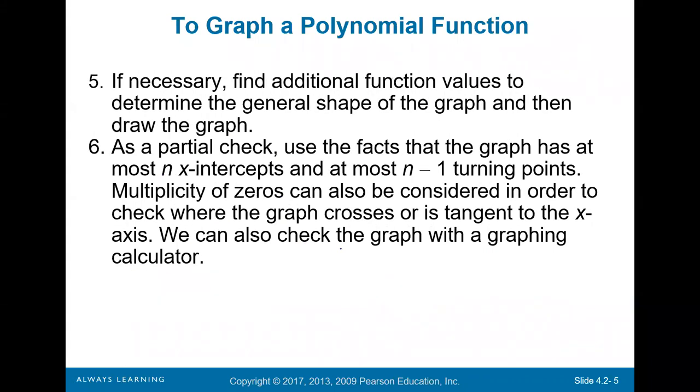Number 5, if necessary, find additional function values to determine the general shape of the graph and then draw the graph. As a partial check, use the facts that the graph has at most n x-intercepts and at most n minus 1 turning points. The multiplicity of zeros can also be considered in order to check where the graph crosses or is tangent to